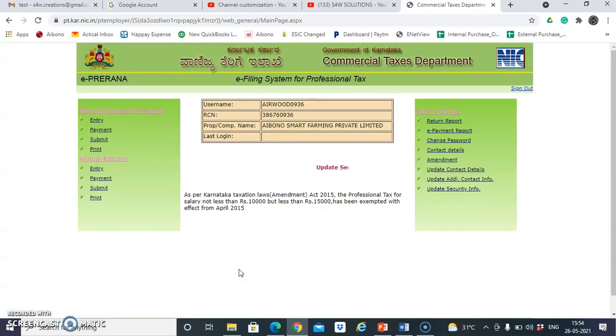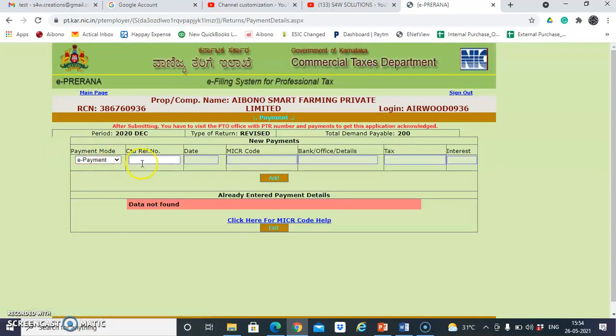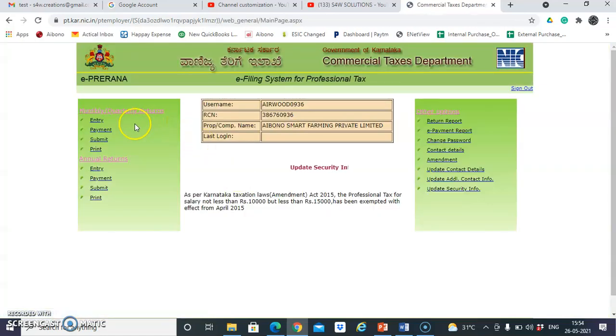Save this. Once you save this, as usual, you make a payment, the same way you do for a fresh return payable. Once you make a payment, keep the payment challan with you. Then select the payment option here. Select the one we already saved. You can see that the payable tax was 200 rupees. Select it. Put a reference number over here, as per the payment challan. Click on add here. Once you click add, it will be added to the particular return.